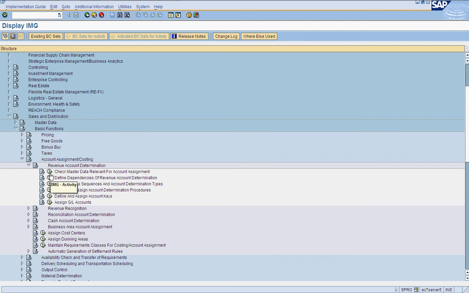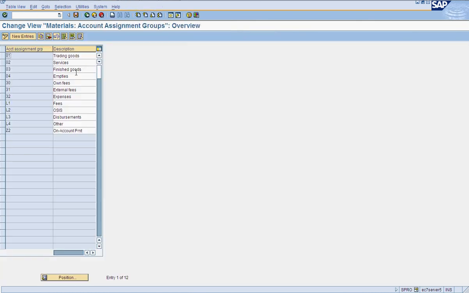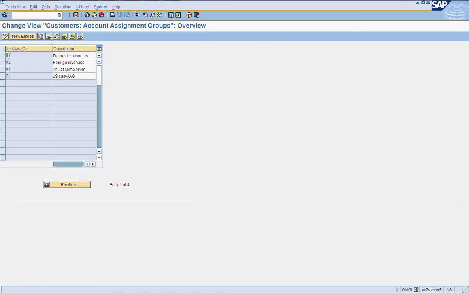As I mentioned earlier, the first step is that there should be master data relevant for account determination. The master data relevant for account determination is the material account assignment group and the customer account assignment group. Let's see material account assignment groups. Trading goods and services are two different types of account assignment groups. For customers, we can have domestic revenues and foreign revenues.